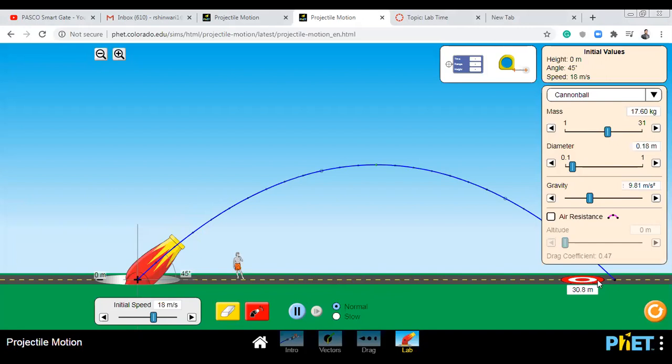Range equal to what? Okay, let me use this one. Equal to 33.15. The range is 33.15. This is actually the measured value. What is the actual value from solving the equation? Let's try one equation.